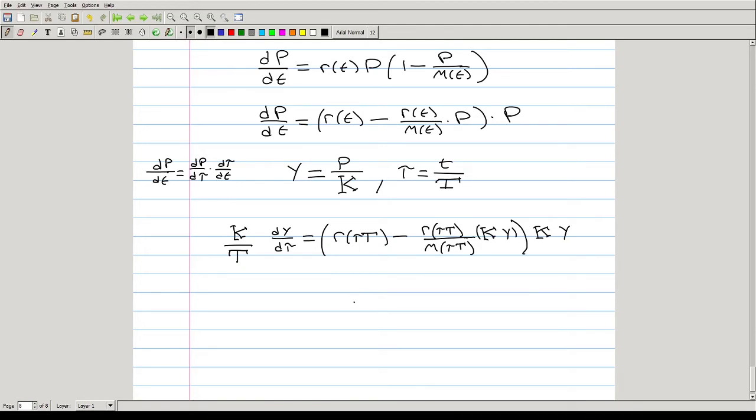And we can divide by K here, and divide through by T to finally get